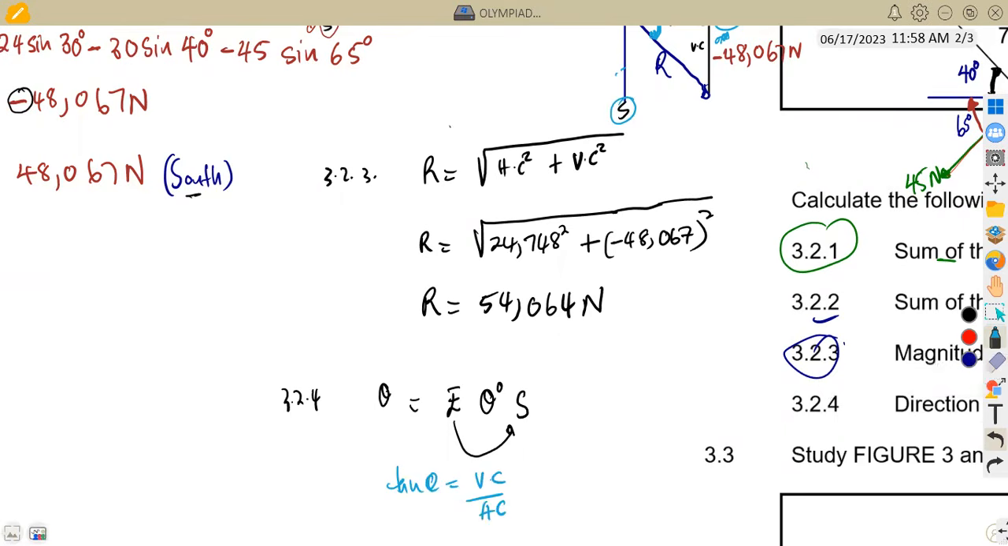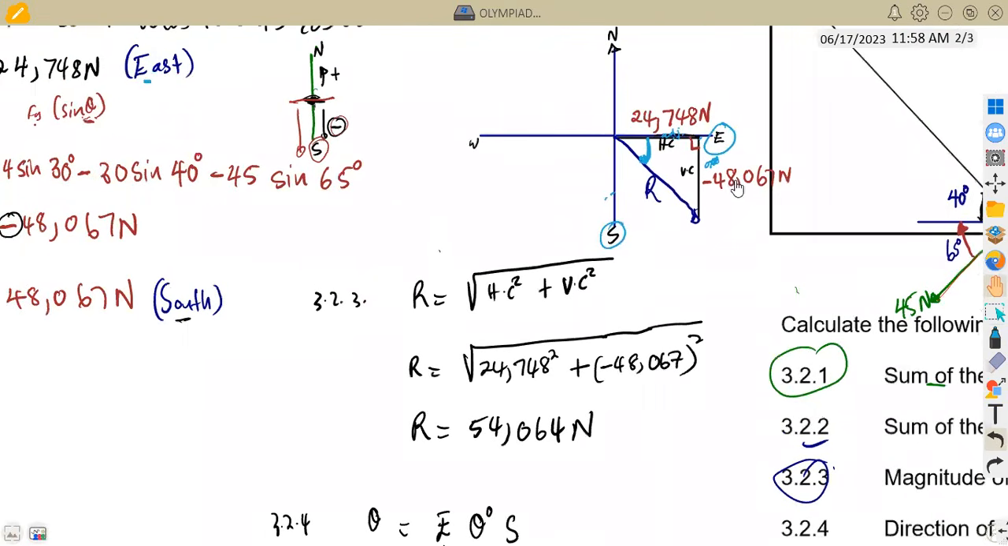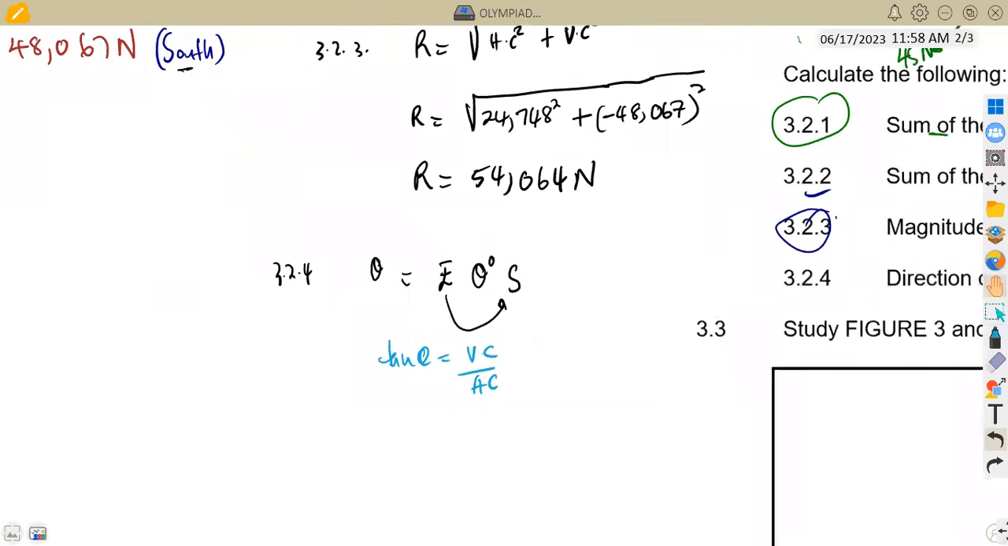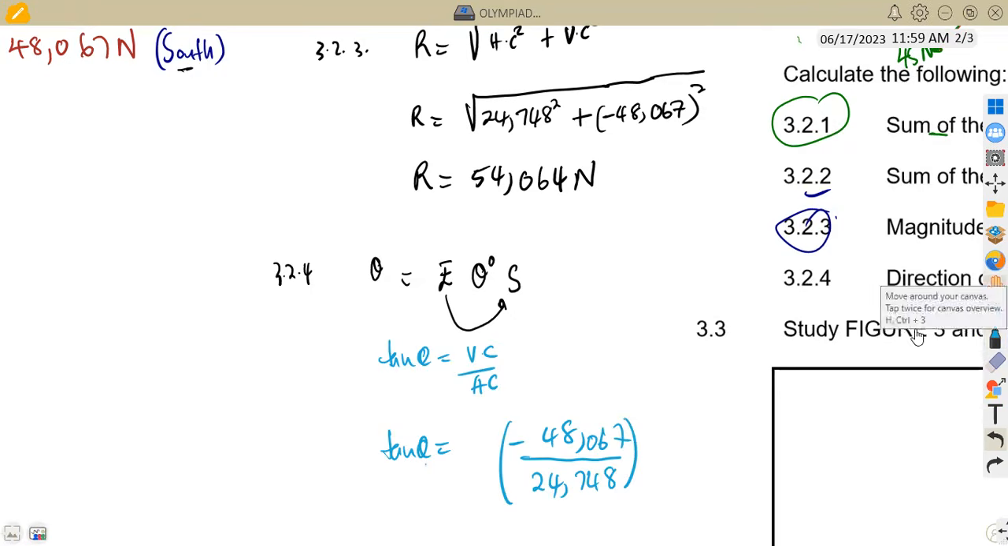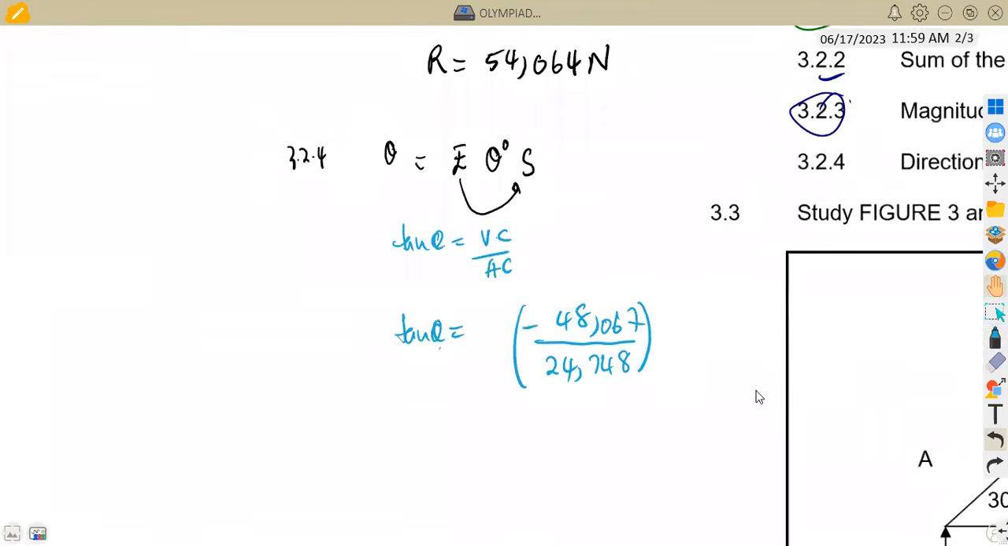the horizontal component. So we have our vertical component, negative 48.067. So tan of theta is equal to negative 48.067 over the horizontal component, which was 24.748. All right, so this whole part here is for tan of theta. What about theta? It's either going to be a decimal, or you can simply express theta as the